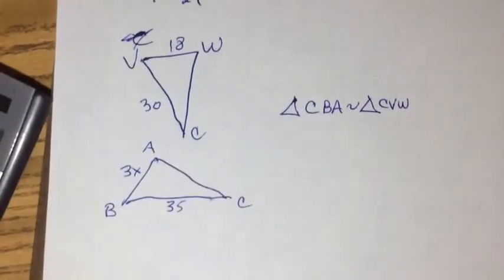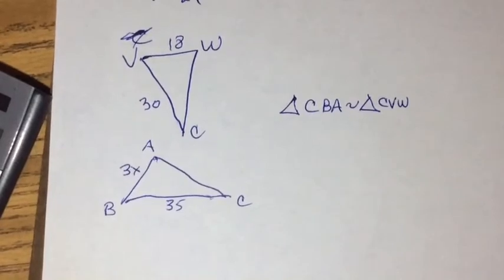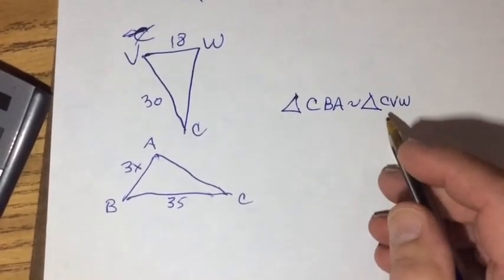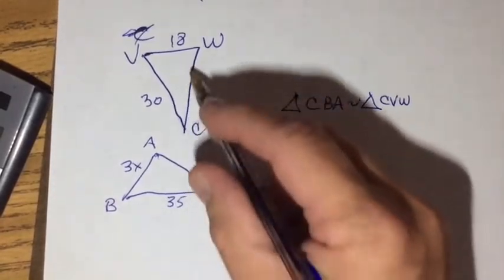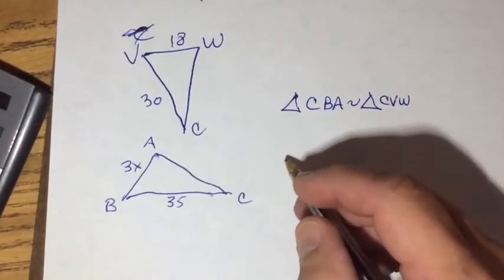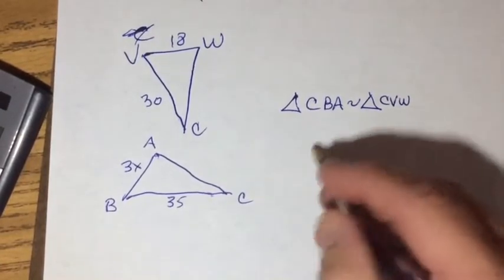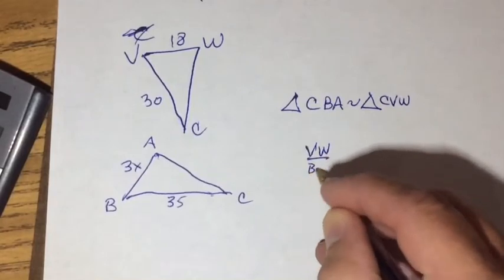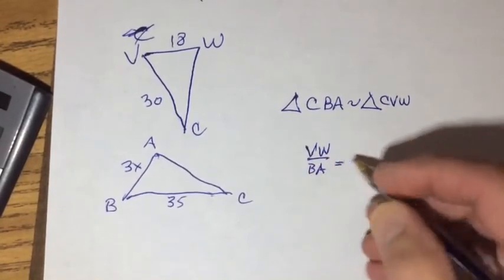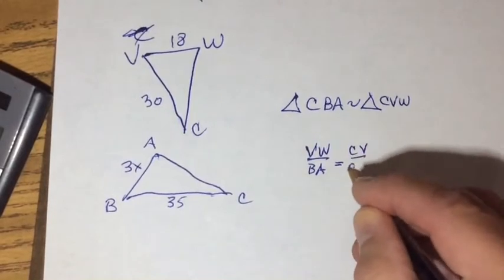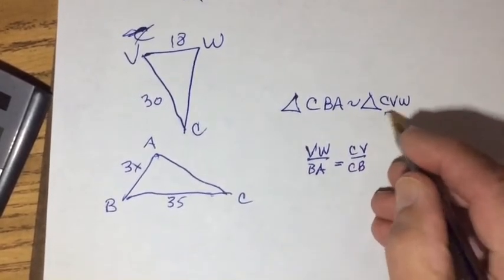Okay, so we have this question here. Triangle CBA is similar to triangle CVW, and we've got some side lengths. We want to try to find X. So what do we know? We know that VW compared to BA has to be equal to CV compared to CB. Right? CV and CB,